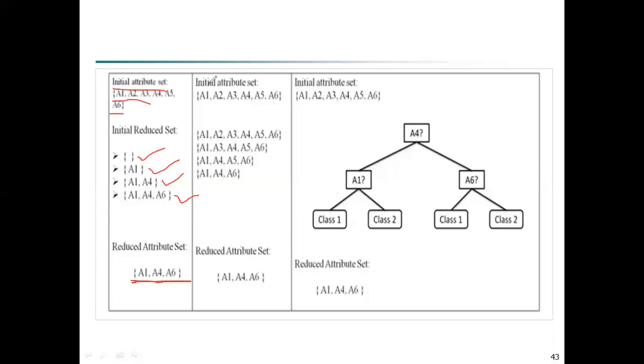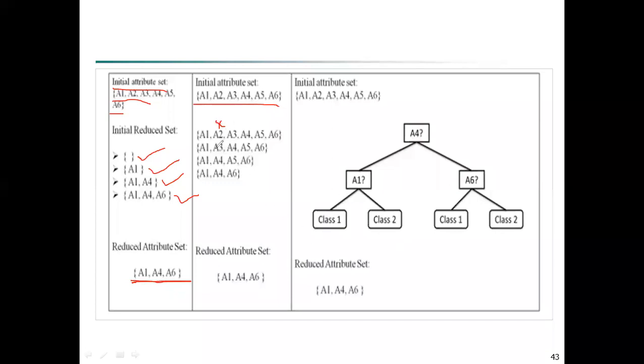And in backward elimination, the second method, we take all the attributes at a time. First of all, you are going to remove the attribute A2. In step 1, A2 is removed.